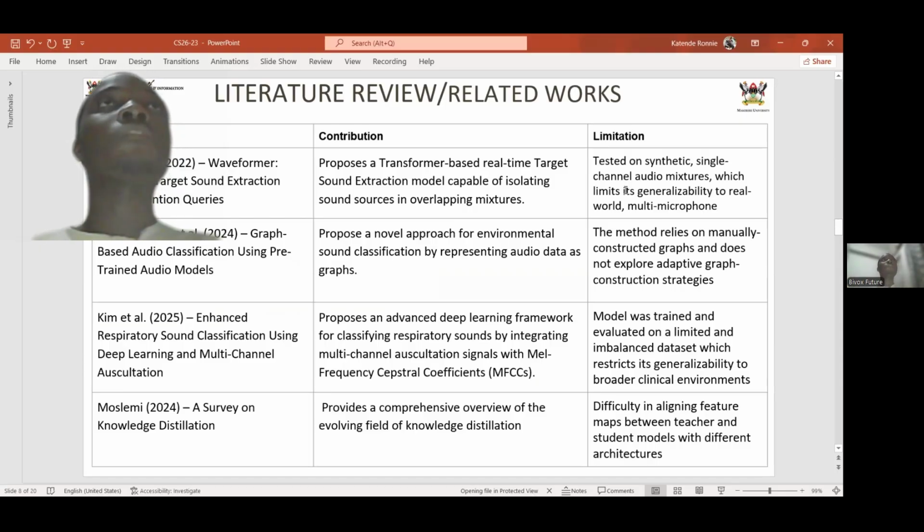This paper was all about target sound extraction. How are these models able to isolate sound, like the background noise, that unwanted noise, from the sound that we require? Then the limitations that I found while reading this paper, like, they tested it